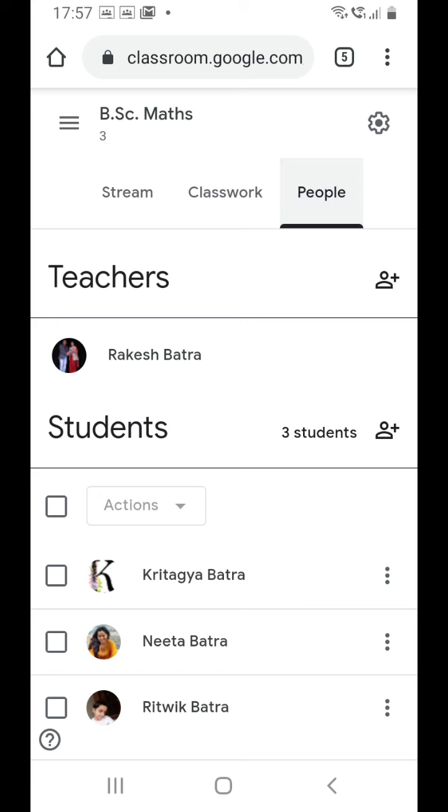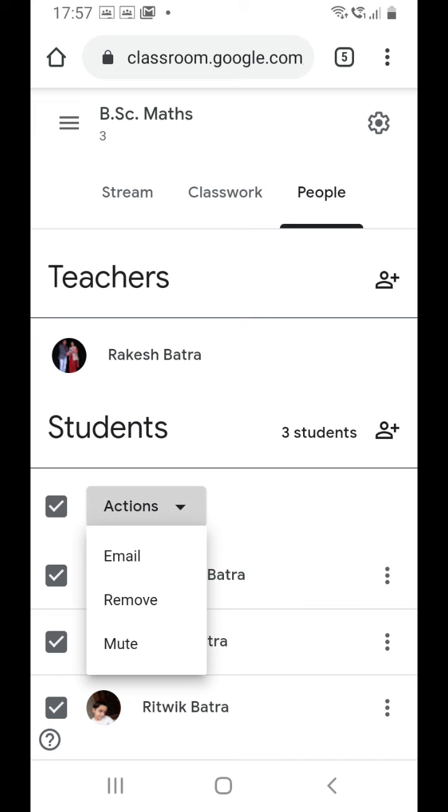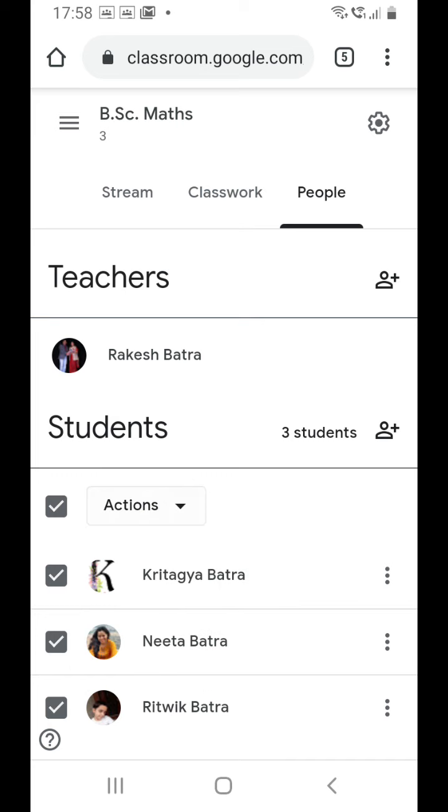So there are various actions that you can perform. Suppose you click on this square, then all the students will be selected, and on clicking the action button, you can email all of them together, remove all of them together, or mute all of them together. Or if you click in front of a single student, you can email only that particular student.